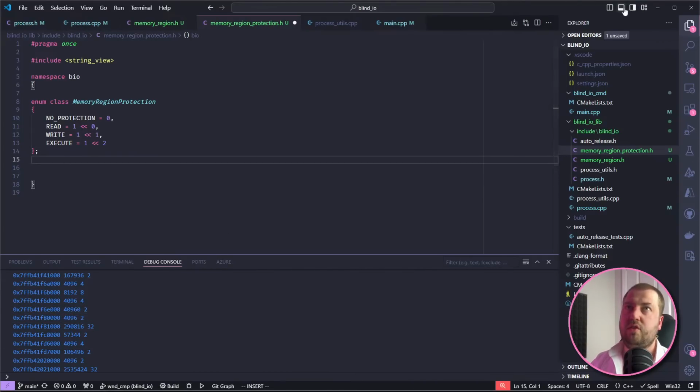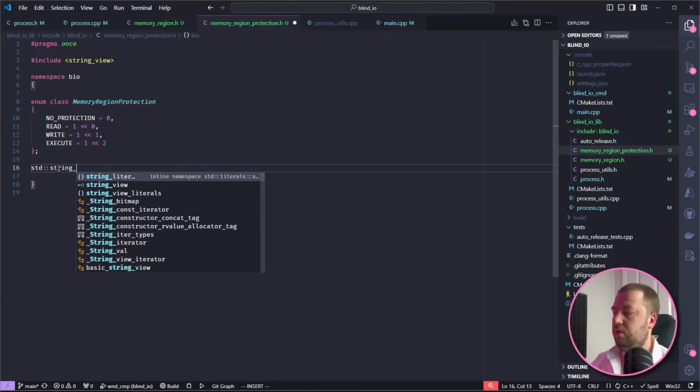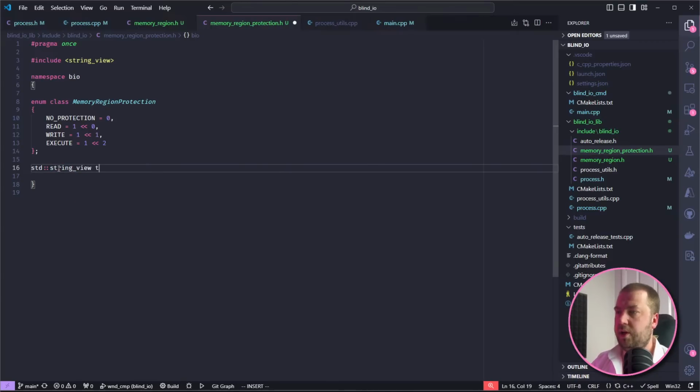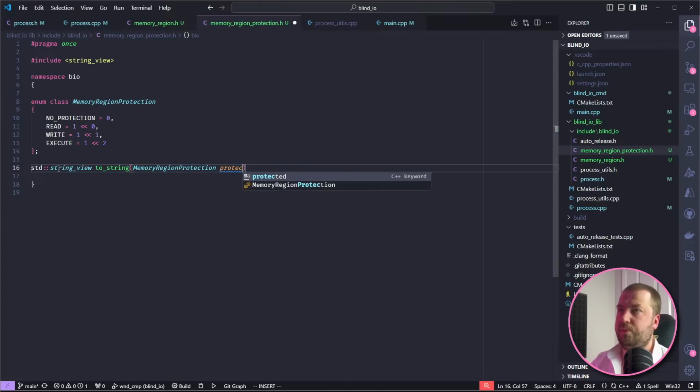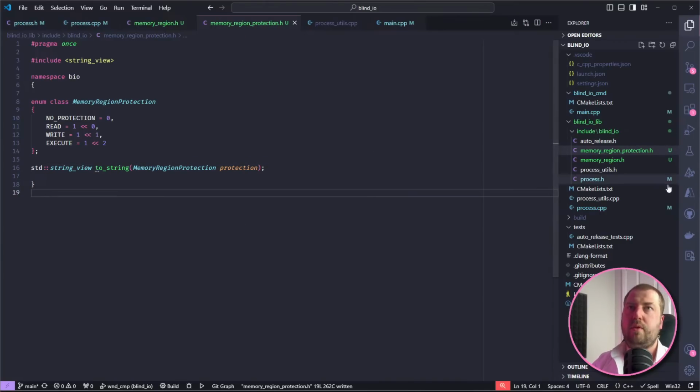So let's do that. The first thing I'm going to write is a string view, thinking about how I'm going to implement it. Let's create a toString method, and this is going to take a memory region protection. Now, I've just called this toString. You could call it whatever you want. It has nothing to do with std toString or any overloads like that. This is just a method that we're going to write, which you can pass a memory protection, and it will return a string equivalent of that. So let's go and make that a thing.